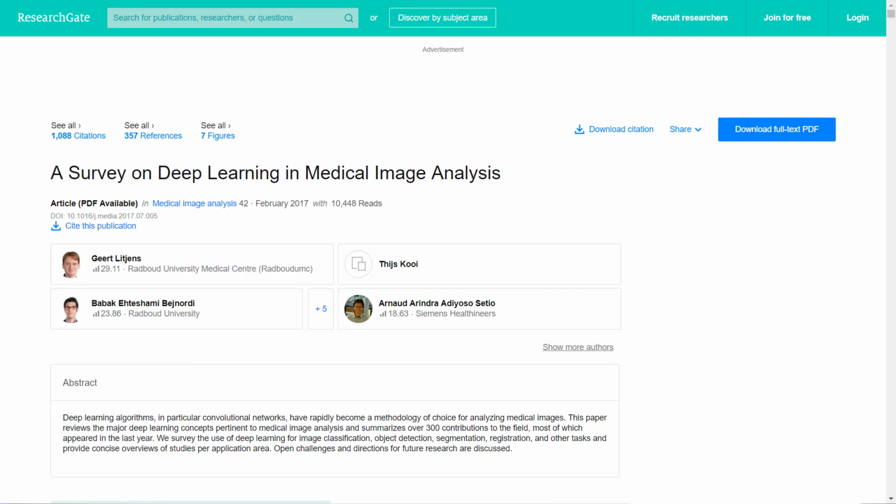This is a wonderful survey, very extensive one, on deep learning in medical image analysis. It's publicly available on ResearchGate. You can see it has more than 1,000 citations so far, and as a survey it includes more than 300 references. From all the wonderful examples mentioned in this paper, I want to take you on a journey to see a few of the best ones.